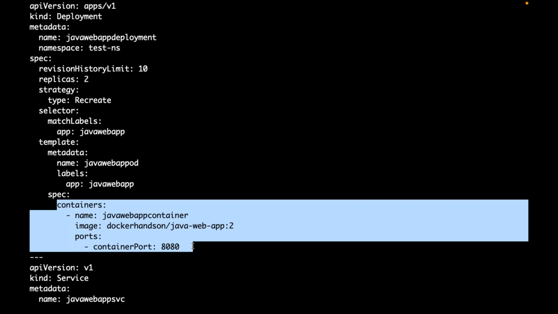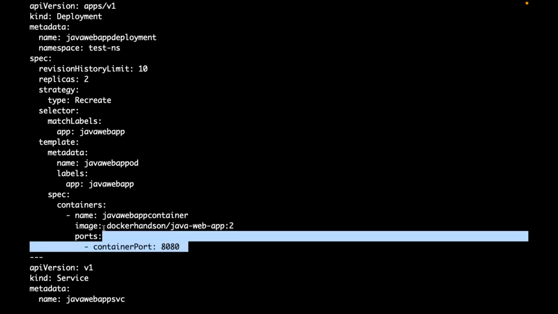So we didn't. But in real time, is it recommended to deploy your applications without defining resource requests and limits? It is not recommended. We need to define, we need to set the limits. Why do we need to set the limits? If I don't set the limits for this one,